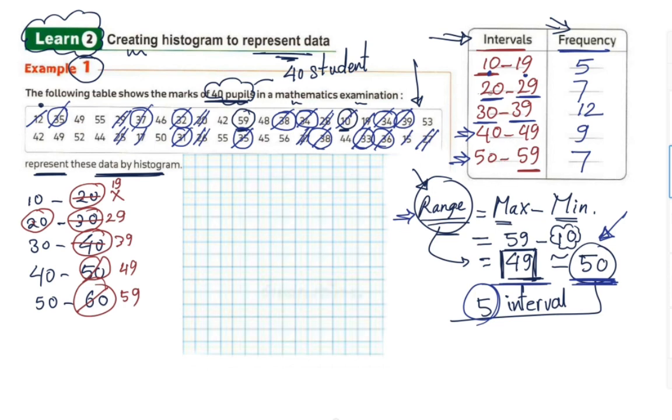Now, after that, count from 10 to 19. How many degrees here? We will find it as 5. The next interval will be 7. The second interval to the last one, okay? Now you have some table. This table has 5 intervals and 5 frequencies, okay? Now you just complete this table, and you are ready to go to draw,